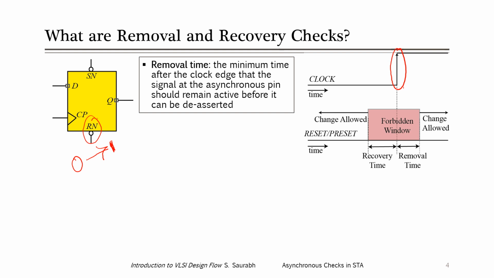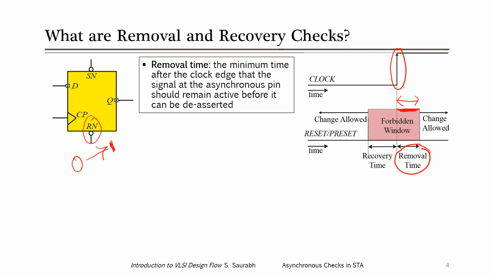So the removal time constraint is the minimum time after the clock edge, meaning that this is the clock edge, that the signal at the asynchronous pin should remain active. So it should remain active within this period. It shouldn't change from 0 to 1 in this forbidden time, right? If it changes in this forbidden time, then there is a problem, and this time is known as the removal time of the flip-flop, corresponding to this reset pin